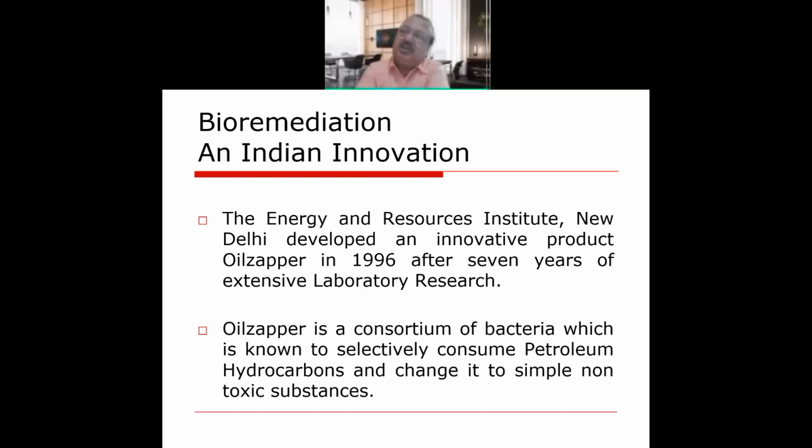And why 4 types? Because in a crude oil, you have got 4 types of components. There are paraffinic compounds, which are aliphatic in nature. Then there are aromatic compounds, and then there are asphaltenes and these kinds of compounds, and then there are heavy components. So for all these 4 categories of components, we need 4 types of bacteria, because each bacteria has got special affinity to act upon, to consume a particular type of